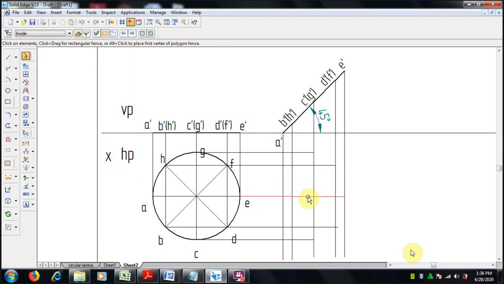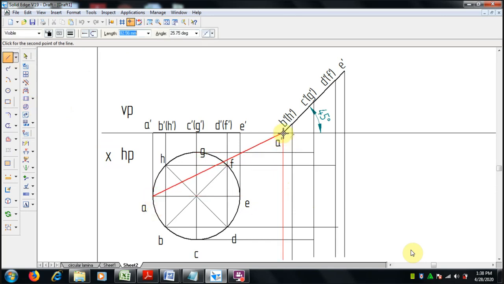There should not be any error. If it does not get properly, you can extend the line and then trim it.